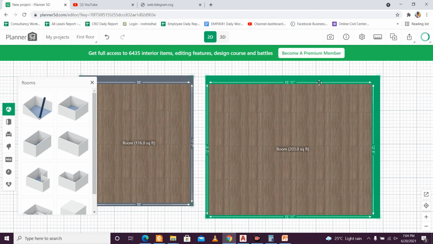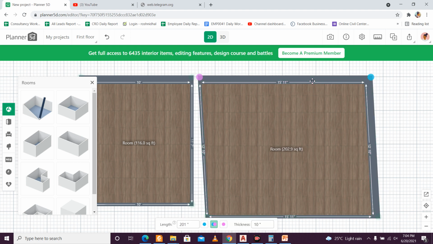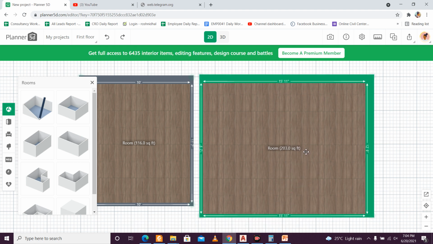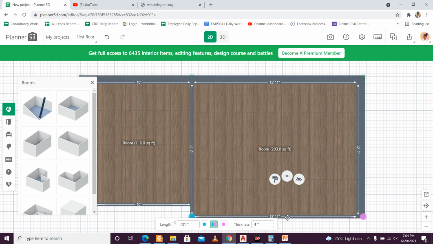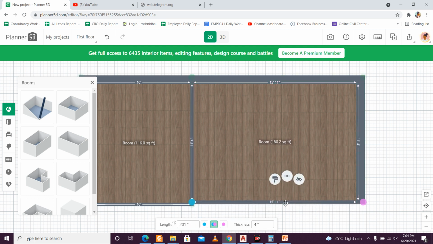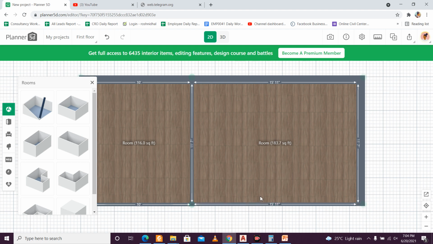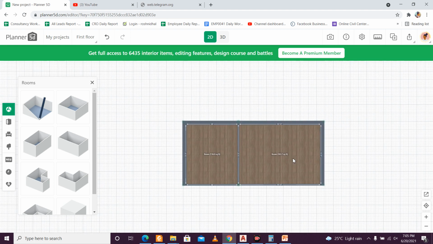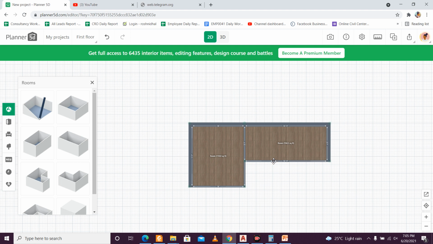So let me see if I can. Okay, control plus Z, and I can just double click on this and then select this here, and after that I can do it in the same alignment, I think. So it is 11 feet 6 inches, and one more 11 feet 7 inches. So it is the same alignment. So this is my kitchen and this is my master bedroom. So we can place the doors and windows later.